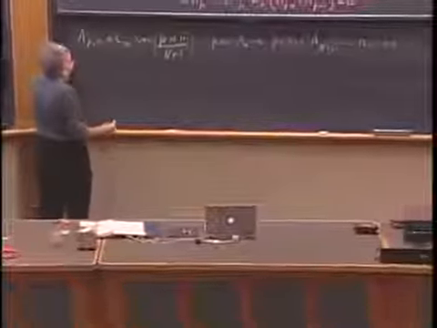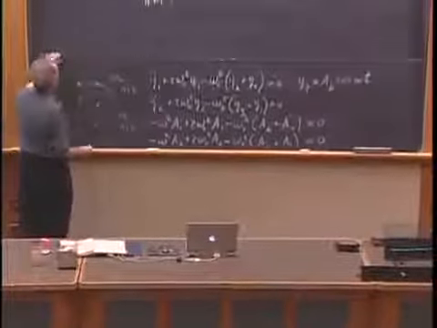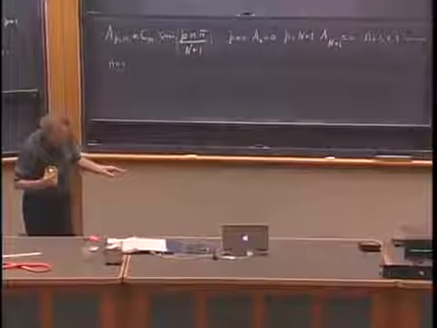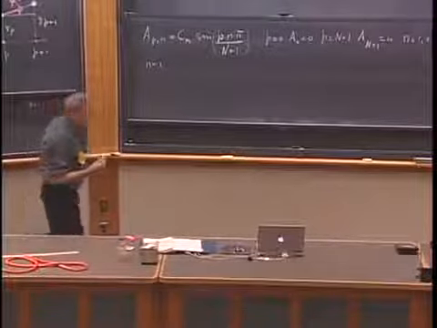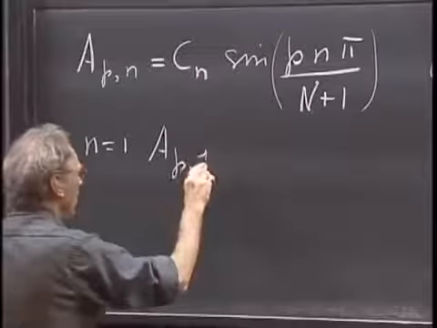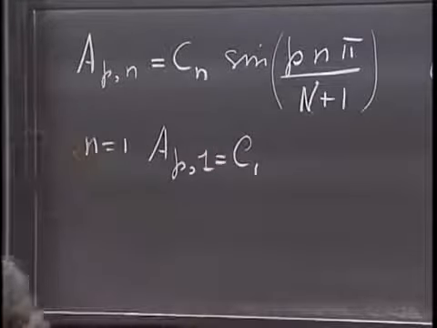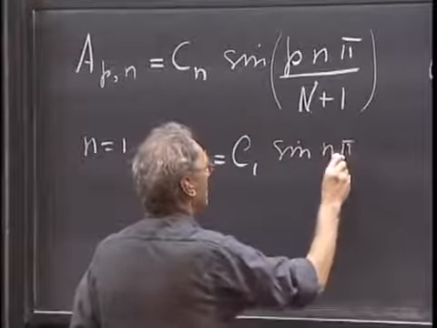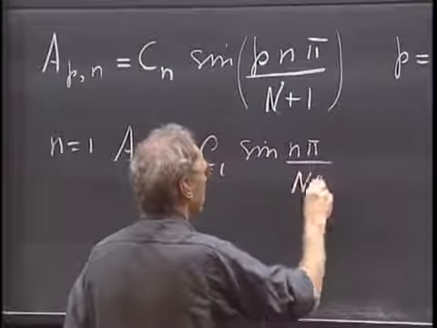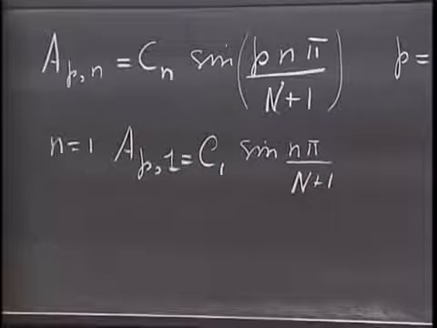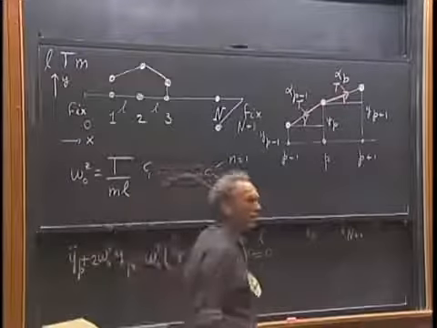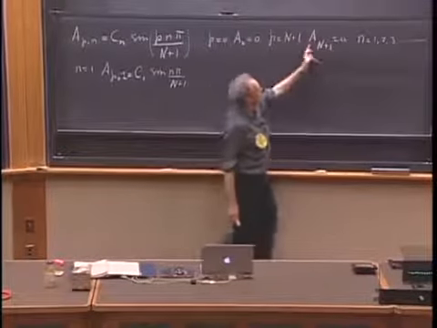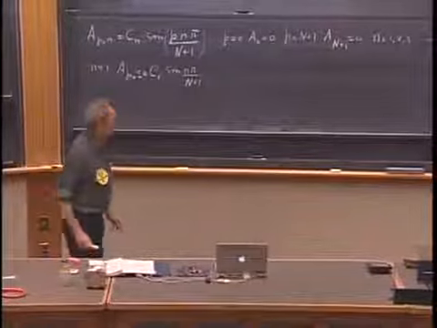For instance, let's take n equals 1. So we have particles, and they are all in mode 1. So then we get that A, P in mode 1 would have a C1, which is the amplitude of that sinusoid. And then you would have the sine of P n pi divided by N plus 1. And you can indeed convince yourself that that is exactly this sinusoid with an amplitude C1. And you can also convince yourself that particle 0, A is 0, and particle N plus 1 is again 0, of course. And if you take n equals 2,